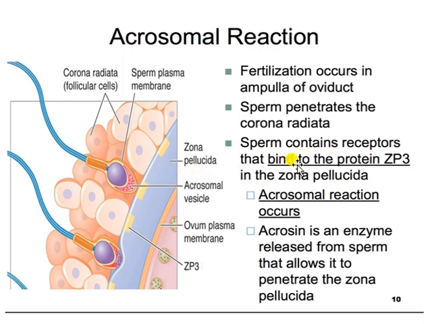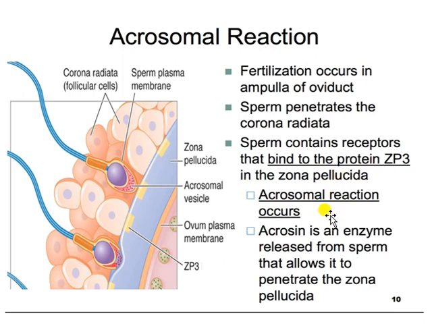Now the sperm contains a receptor by which it binds to the protein ZP3, zona pellucida 3 protein, which is present on the surface of the zona pellucida, because after the corona radiata, the next layer of the ovum is the zona pellucida. So for binding with the ZP3 protein, sperm cells have receptors, and just when the interaction between the sperm cell receptor and ZP3 protein on the zona pellucida happens, automatically